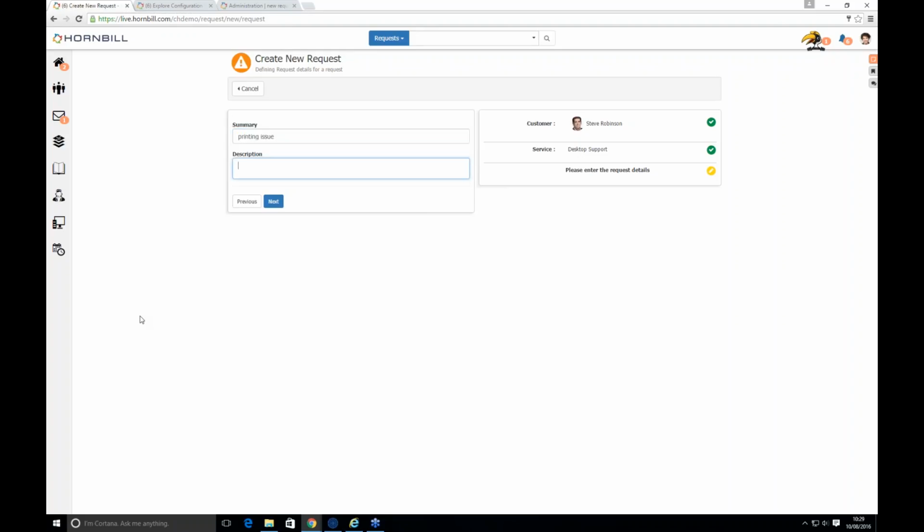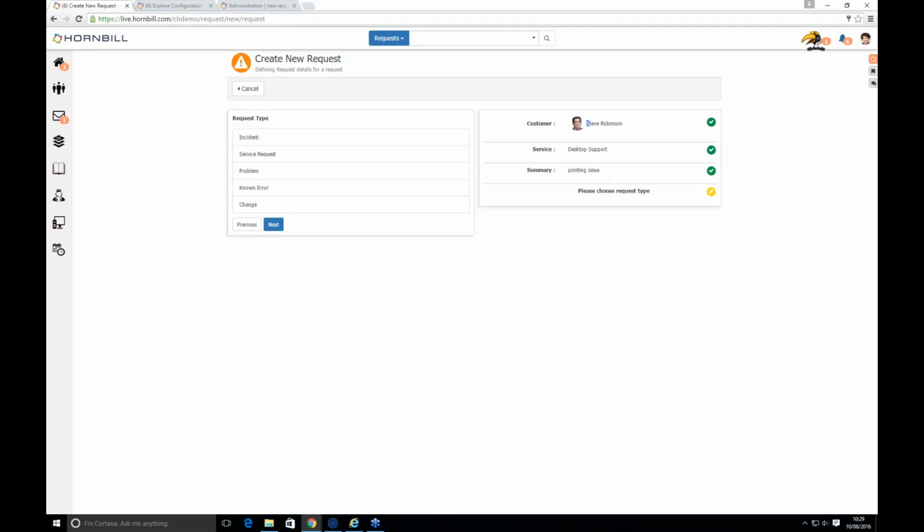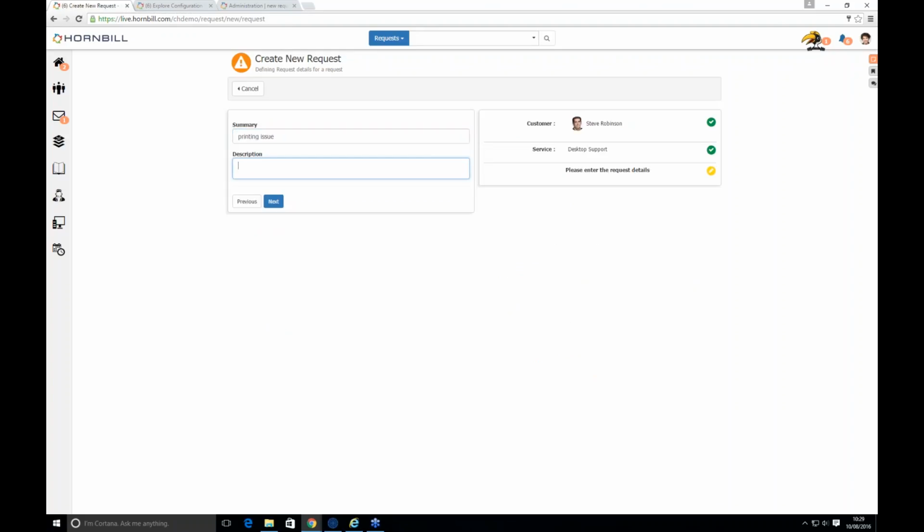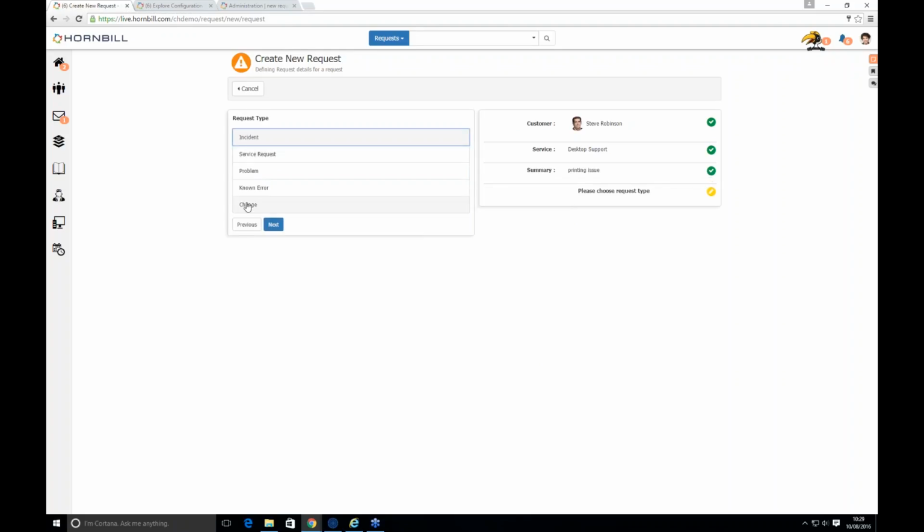Keep it simple. I'll just copy and paste that into the description as well. Again, I hope your customers are a bit more descriptive. Whoops. And I've already got it pasted. So as you can see, you can flip back on the breadcrumb trail on the right hand side. But as you can also see, it's one question at a time, very, very simple to use, exactly the same as the self-service portal